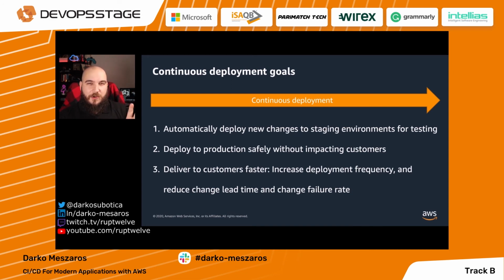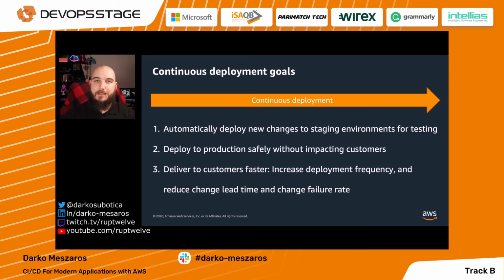It's very simple. It's very similar to CI or continuous integration, but actually it should automatically deploy all the changes you make to your code, all the things that are being built in the CI phase, to staging environments for testing. So not straight to build to production. And especially once you're actually deploying to production, it should do it so safely that it does not impact your